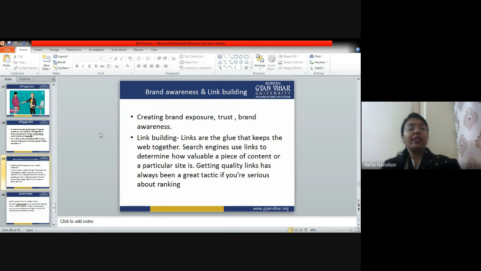For link building, you have to have brand awareness. People should know your brand. You should have great visibility everywhere, right? The classic examples of brand awareness that I'm using nowadays are White Hat Junior, Byju's, Chumbak.com, right?